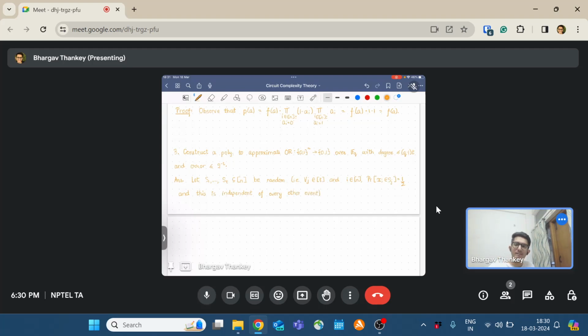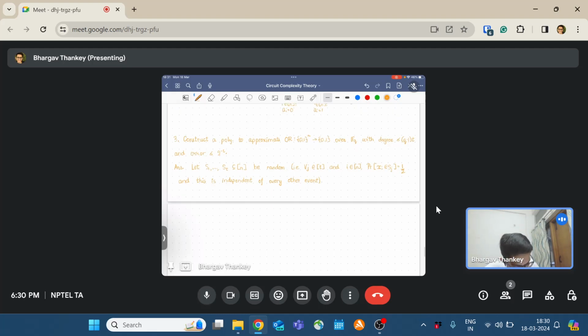Yeah, so the way we pick S1 to St is by going over all the variables, and every variable xi is in Sj with probability half and not in Sj with probability half, and all these events are independent. Okay. So now let P